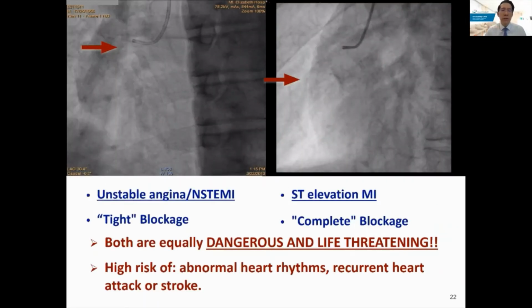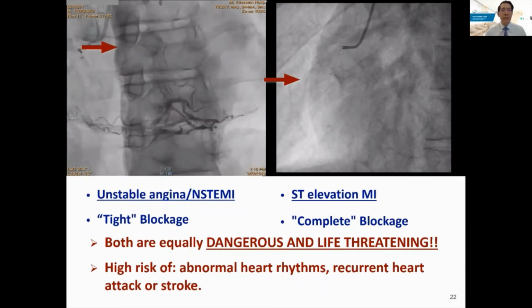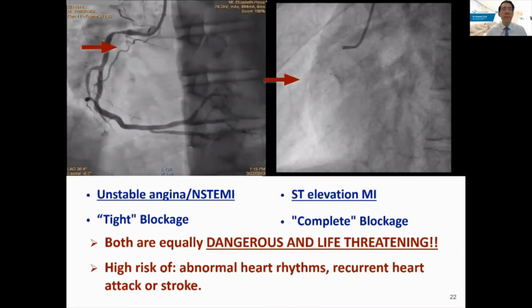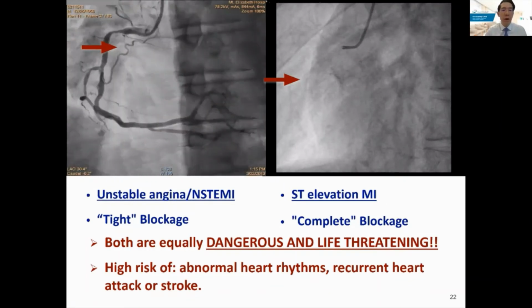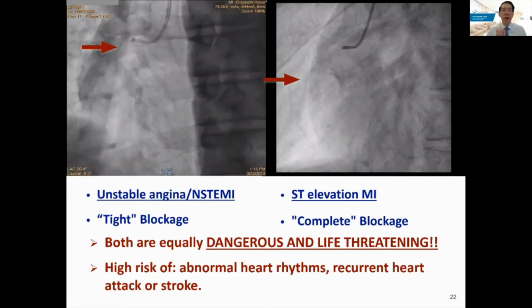But we want to look at the underlying cause. This is the picture of the blood vessel. In this left panel, this is the blood vessel on the right coronary artery, and you can see a tight blockage where the arrow is pointing at the beginning of the artery. Because the blood vessel is not completely blocked, it's what we call unstable angina, non-ST elevation MI, or a